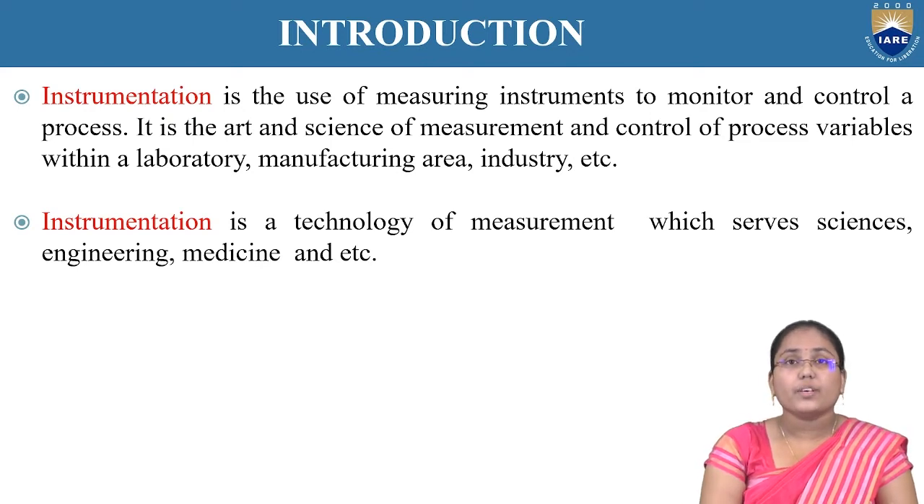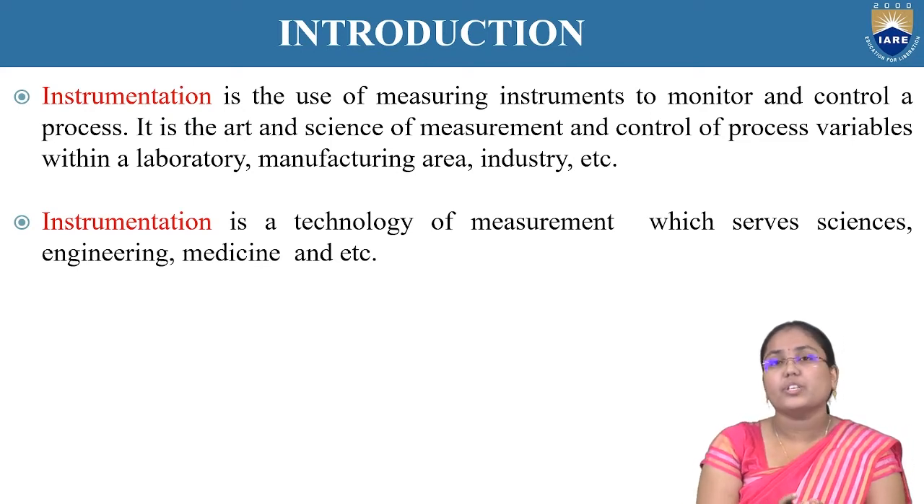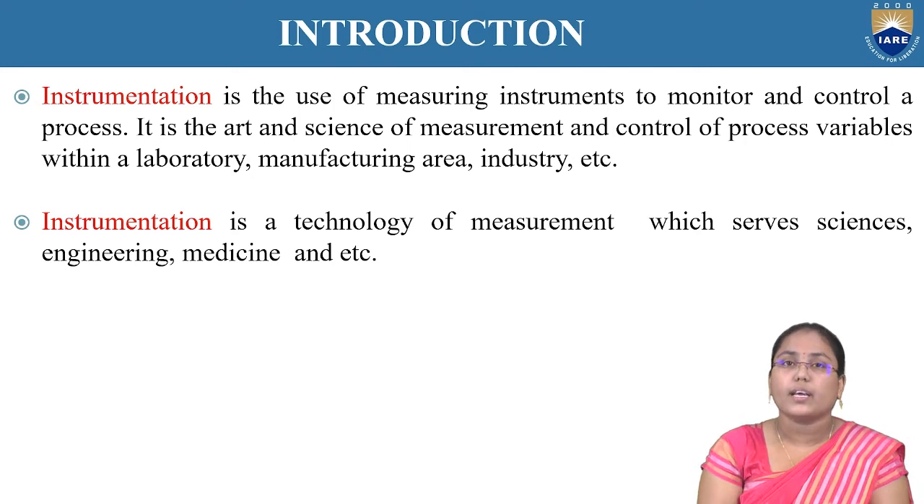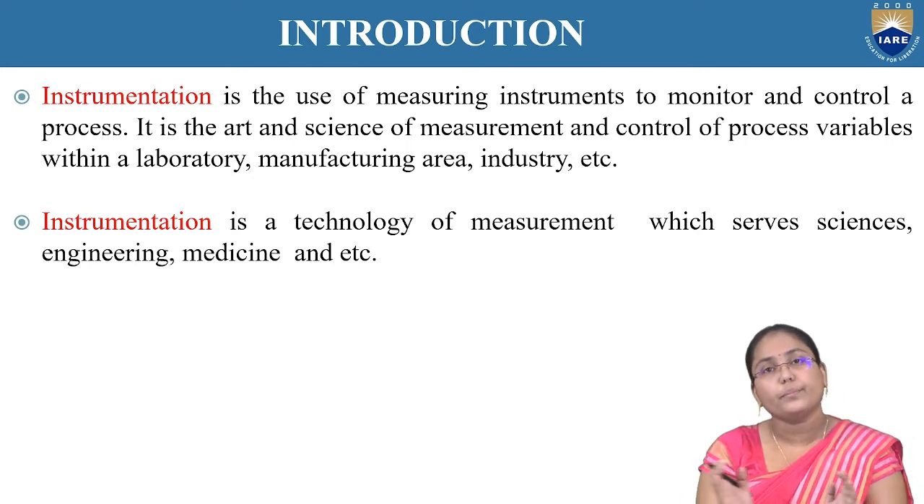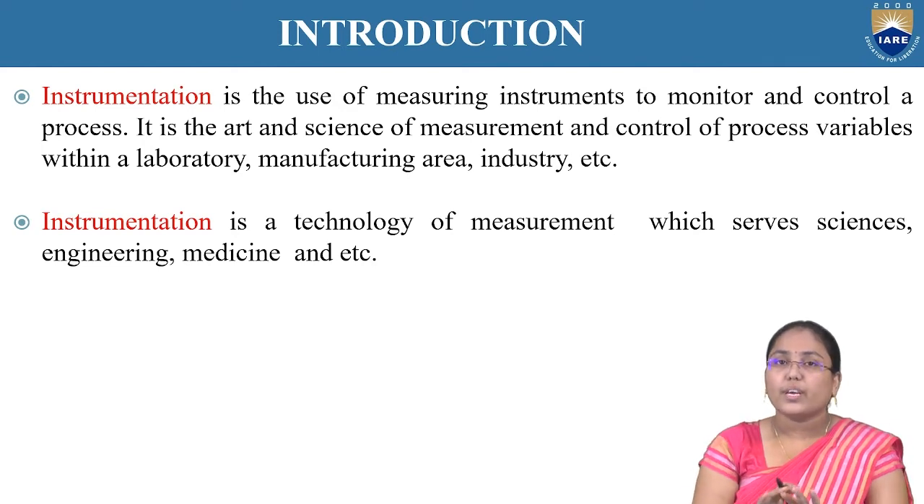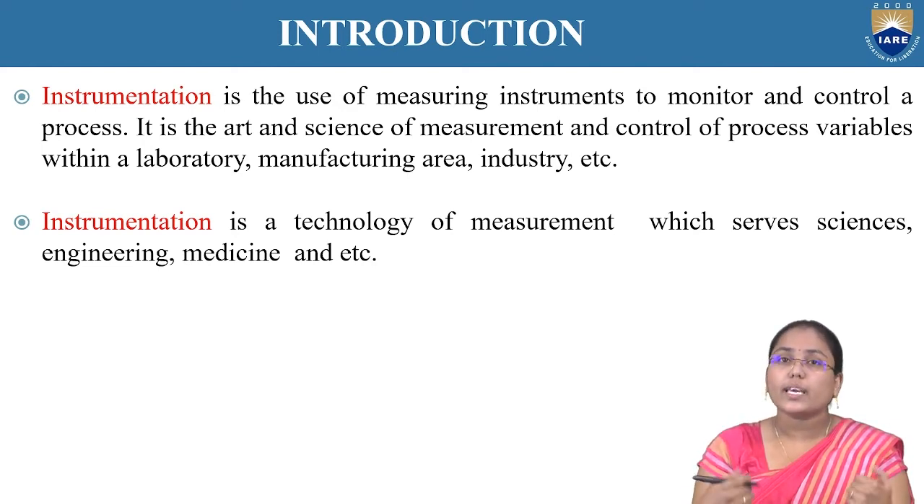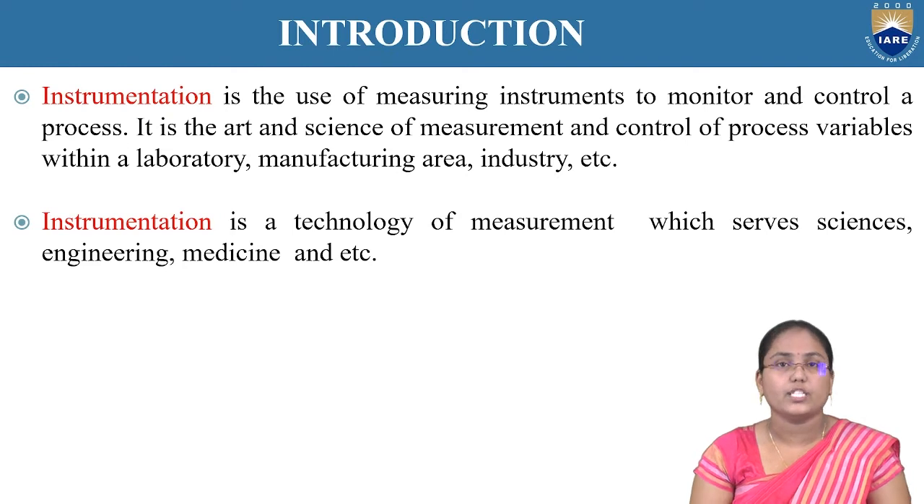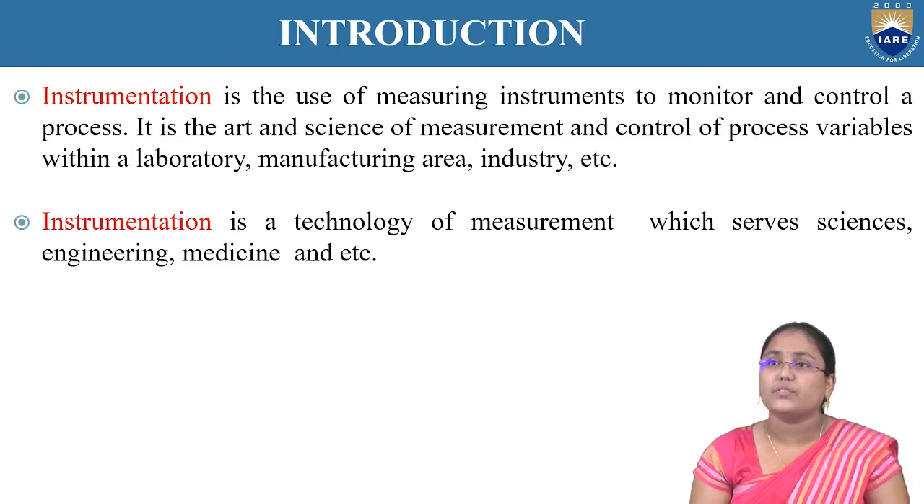So when we are measuring frequency, the thing we are measuring is the frequency, and when we measure current, the thing we are measuring is the current. All these are instruments. So measuring some quantity using an instrument is nothing but instrumentation. The technology of instrumentation is a technology of measurement which serves in different fields such as sciences,